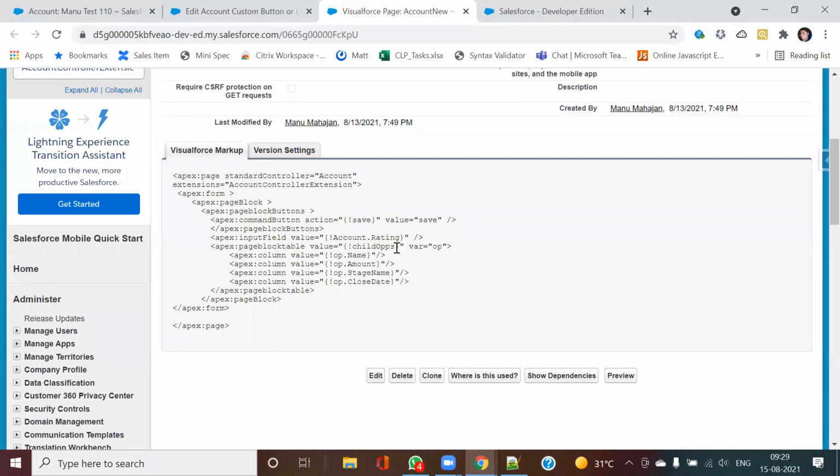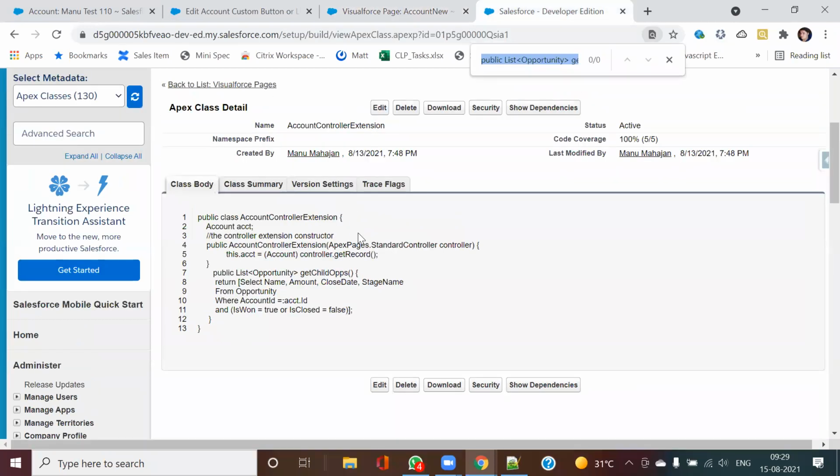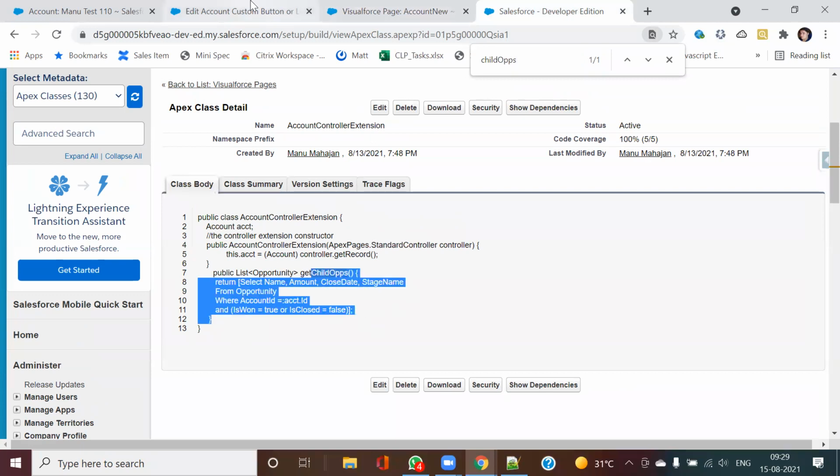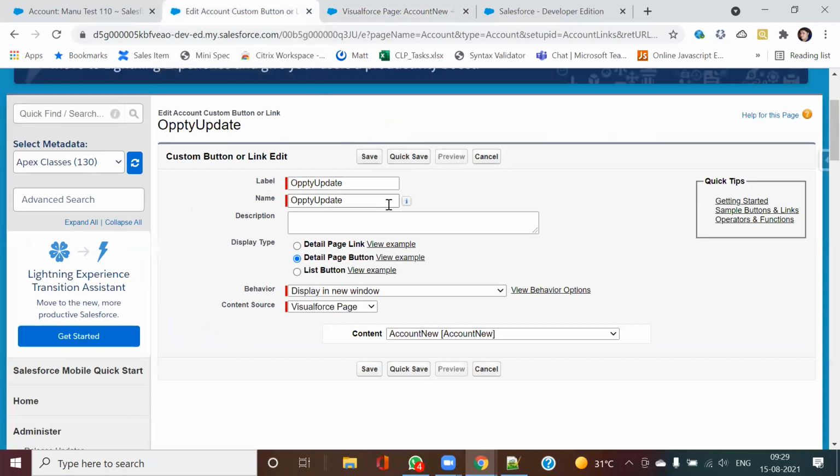So here, if you look, this child ops, this is how that is. Now the same thing has been done here. The button is here, and I want it on a VF, so I've selected this VF object.